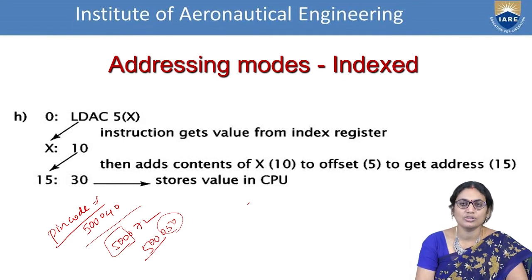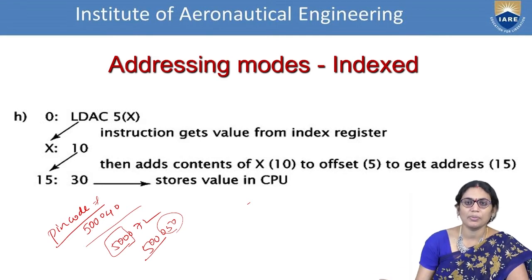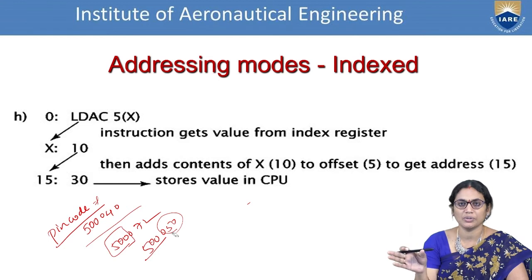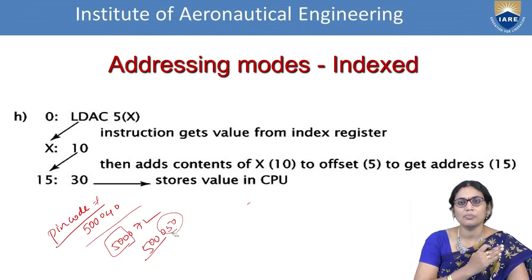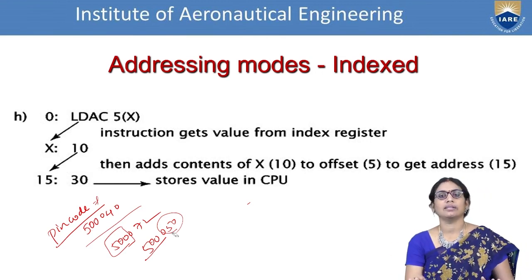Similarly, for the pin codes also, we are following the same case. So, indexed means we have a uniform format, and that uniform format is appended with a new location so that it defines the original address value. If I want to get the pin code of Malkajgiri, that will have some other value. If I want to get the pin code of Dilsukhnagar or some other place, that will have a different code. But the 5000 is common and the rest will differ. So in this way, we define different operations to handle the case.